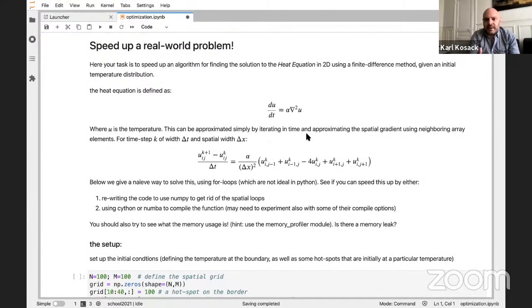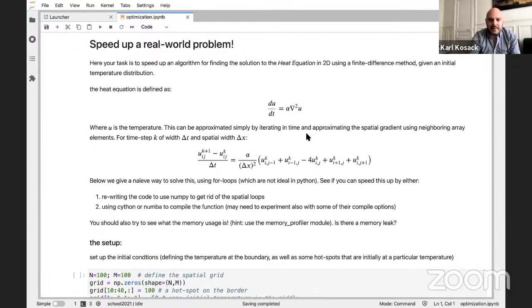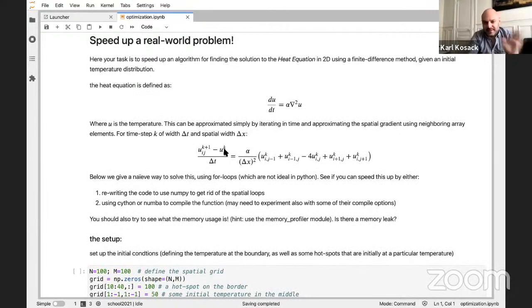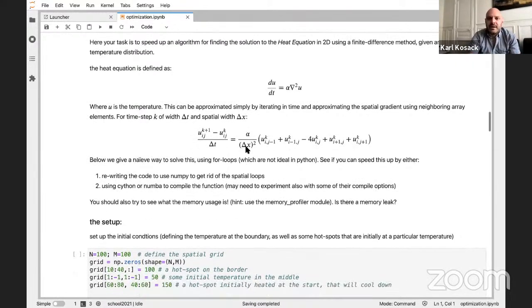The way to solve that on a computer is basically to discretize the partial derivatives. That's a whole other lecture, but you basically break it up into small steps. You say the next time step, divided by some finite step in time, you can subtract the next iteration from the previous iteration, is equal to an expression like this.